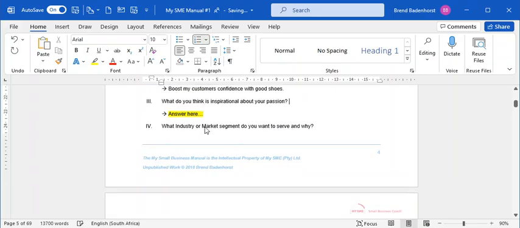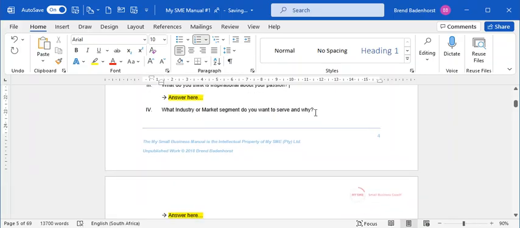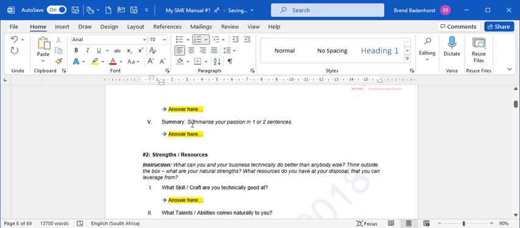What's inspirational about your passion? What industry or market segment do you want to serve? As well as summarize your passion in a nutshell. Let's say here I'm going to answer this one and, for the purpose of saving a bit of time, I'm skipping some of the answers. So for this one I'm going to say,